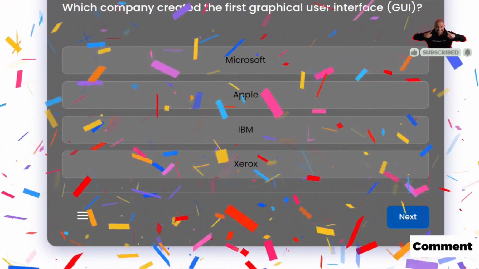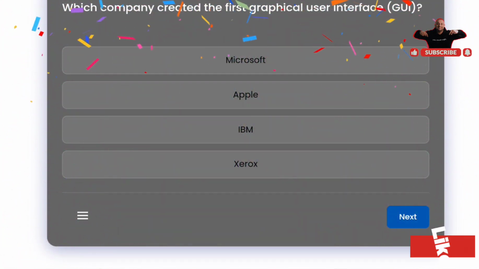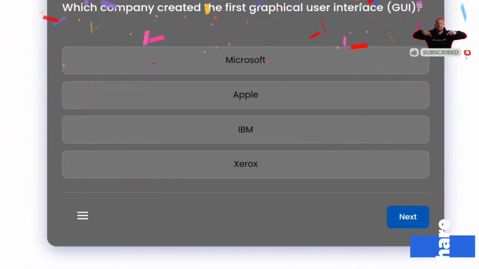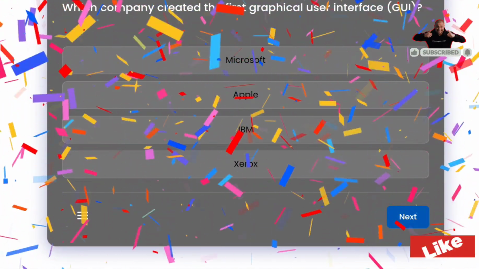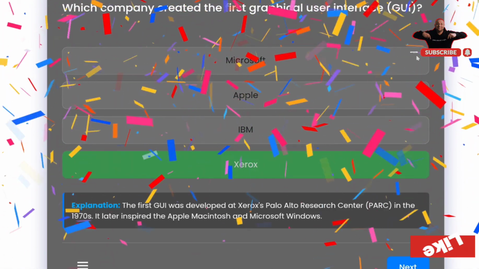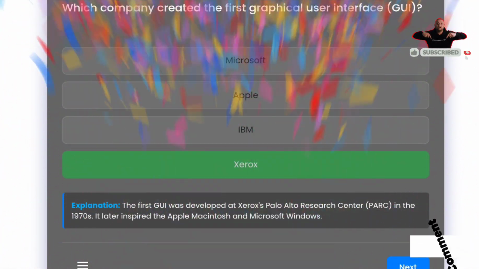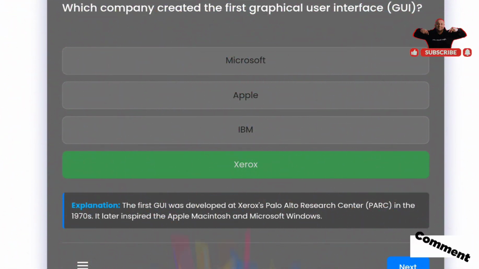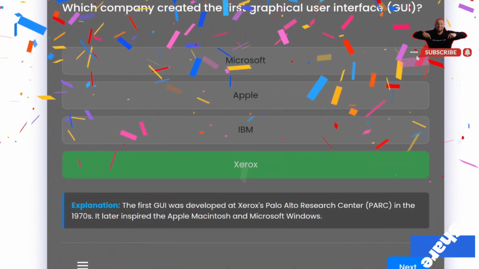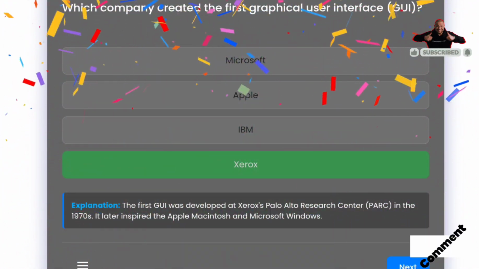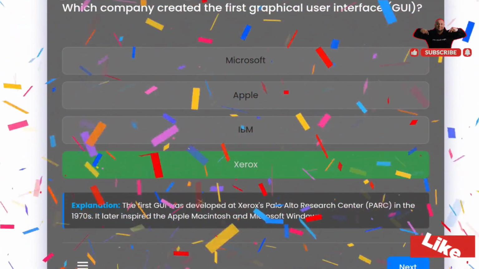Okay. Next question. Which company created the first graphical user interface? Graphical user interface, GUI. Xerox. The first GUI was developed at Xerox Palo Alto Research Center, PARC, in the 1970s. It later inspired the Apple